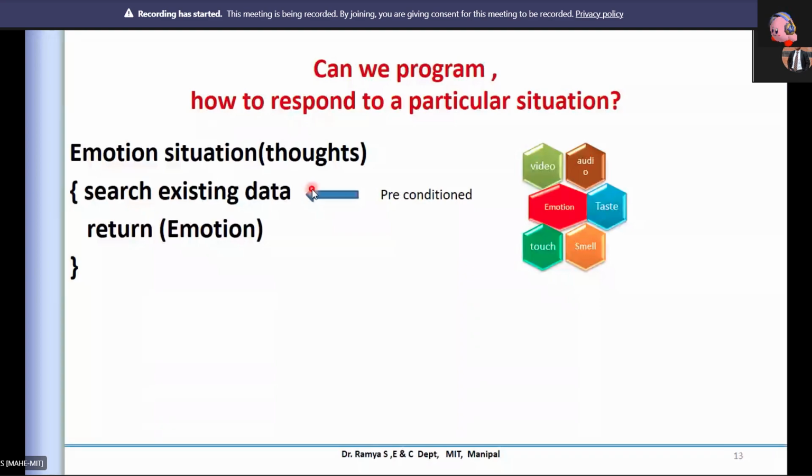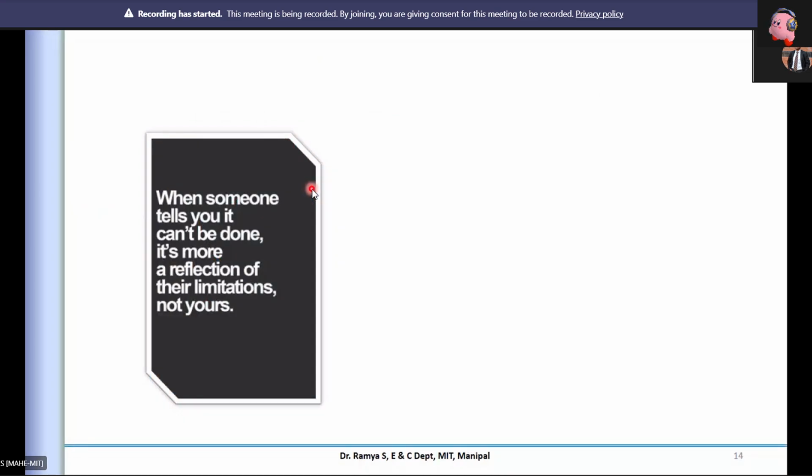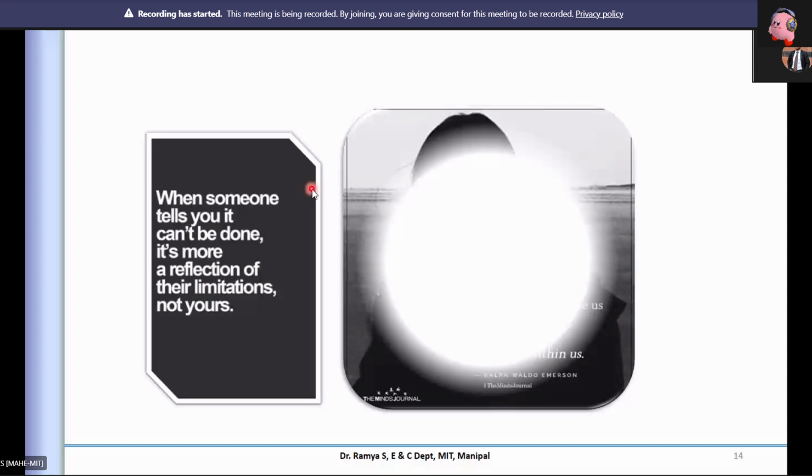So with this thought process, we'll go for our class. When someone tells you it cannot be done, it's more a reflection of their limitation, not yours. They perceive it differently, so they think differently. So it is not true always. Give a thought to that.